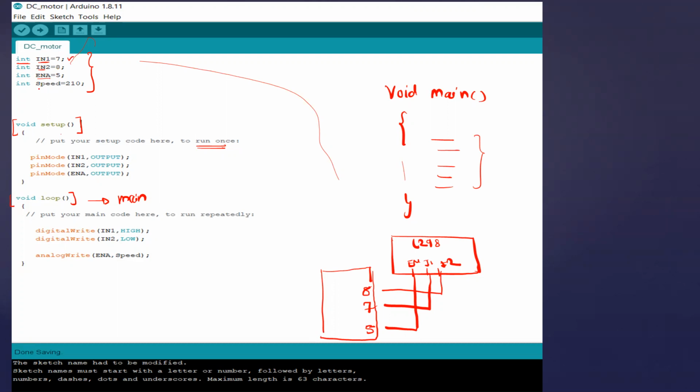And we are using one variable called speed. The speed variable will decide the pulses that we are sending to the enable pin. You can use any other variable, you can write here S. Just write int speed equal to 210. We are using a value between 0 and 255. If you assign 255 directly, the motor will run at the maximum speed. That will be the only change. And if you write 0, then the motor will completely stop. So this is the variable definition: input pin number 1, input 2, enable and speed. Now refer to the void setup.